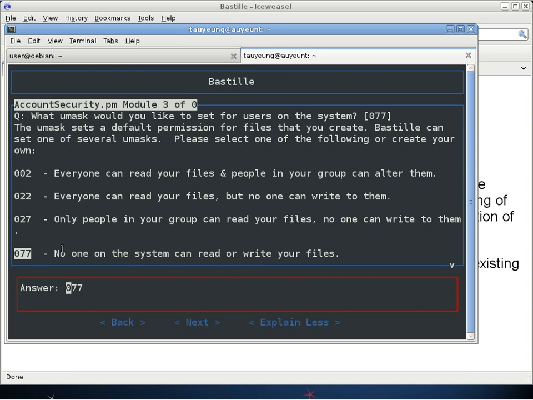So which setting is appropriate depends on what you use the system for, whether it is a multi-user system. If the system only has you as a user, hey, you can crank it all the way up and it should not cause any problems. But if you're sharing files with other people on the same system, then you might want to consider some of the other options too. But I know 077, for one thing, is not appropriate for anything that publishes files to